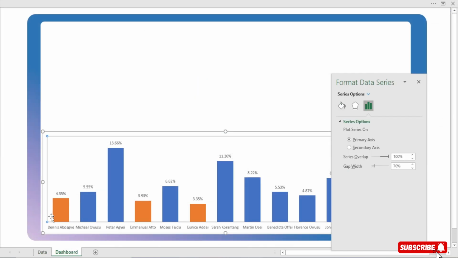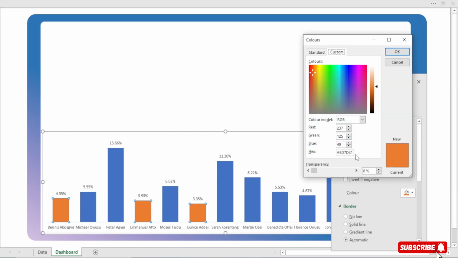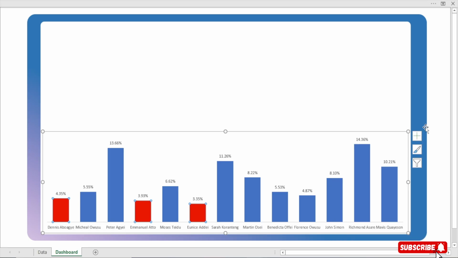Now this is our bottom, right? So select the bottom bars like this. Come to more colors, and then this is going to be maybe our red color, EC1802, and we say OK, then we are good to go.